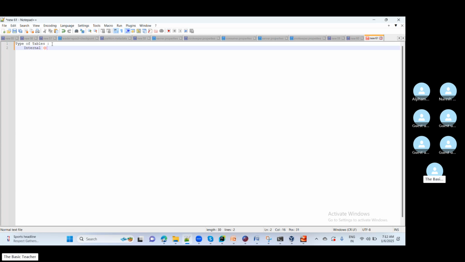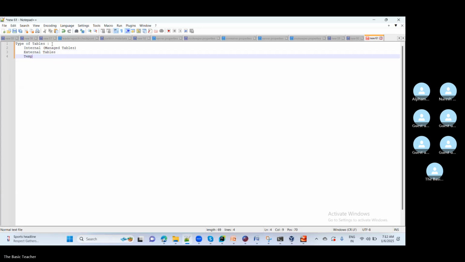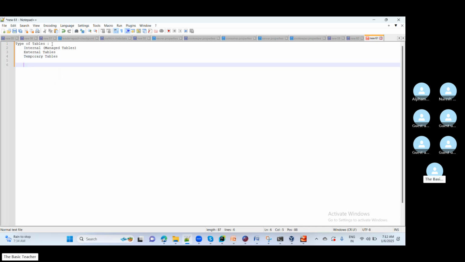Internal means managed tables. Managed tables, then external tables, and then temporary tables. And while creating the table, we see